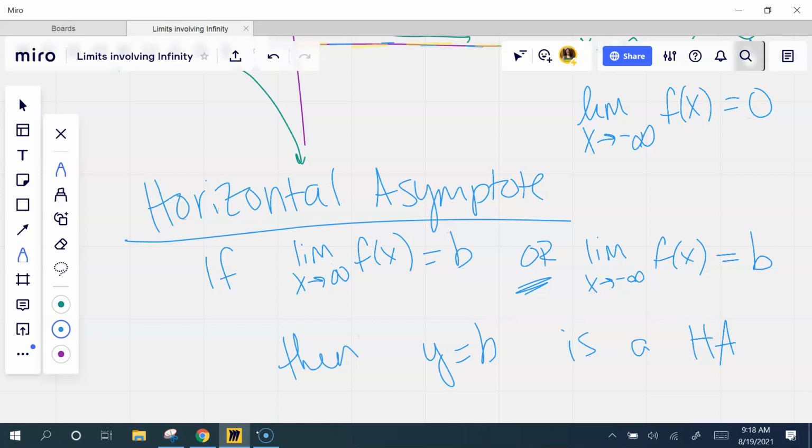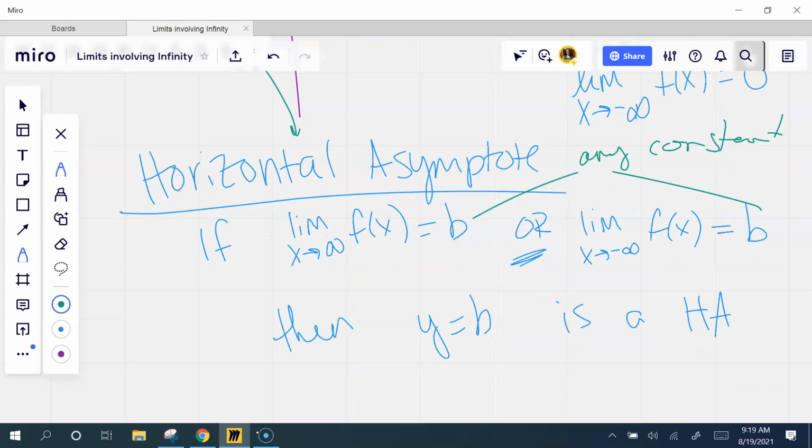So what do you mean or? This is any constant. So let's get more technical here. When you say or, only one of them has to be true. It doesn't have to be both sides of infinity. As your graphs get more and more complicated, you can have an asymptote that's just bounding one side of the graph and not the other. And the graph could cross over on this side because asymptotes are not necessarily infinite in both directions. It could just be bounding. That's the good thing about this, it kind of makes sense.